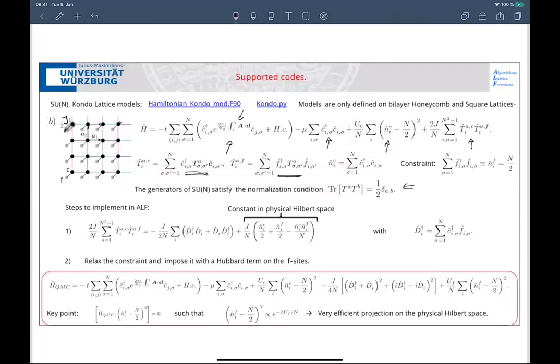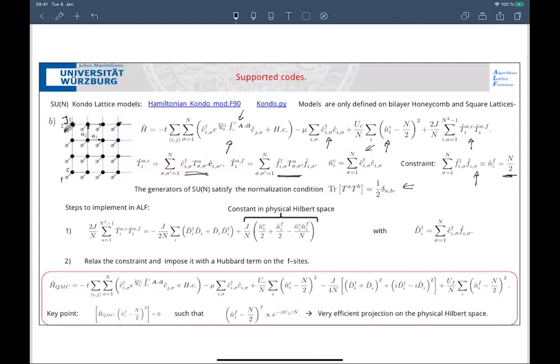So we fermionize the F spin, and there is a constraint. So N_C is the number of electrons on the Cs, and there is a constraint that I have exactly. I write that this operator is equal to a number n divided by 2, meaning that there are no fluctuations which are allowed. So at every moment in imaginary time and in space, I have exactly this number of electrons on the F.